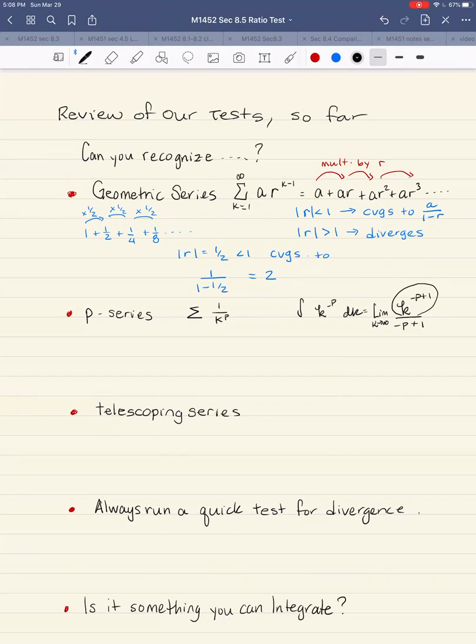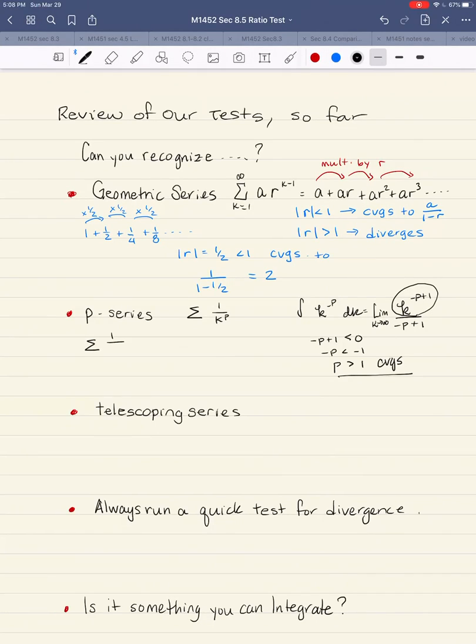The only way that will happen is if this power vanishes, so we need it in the denominator. So we need minus p plus 1 to be a negative number. That's going to be negative when minus p is less than minus 1, or when p is bigger than positive 1. So a p-series converges